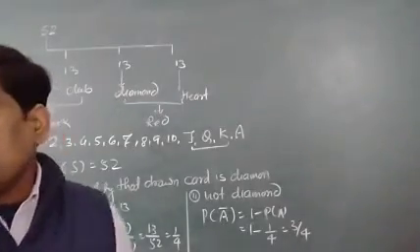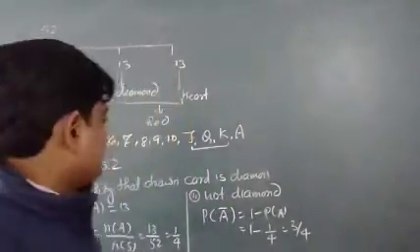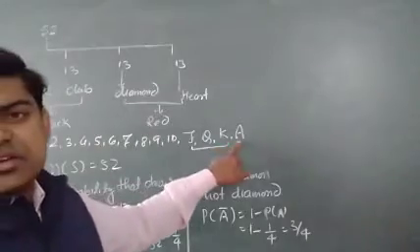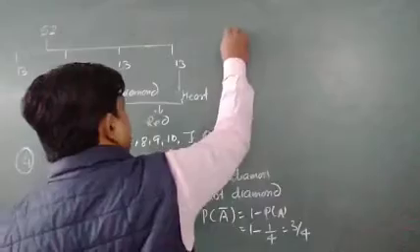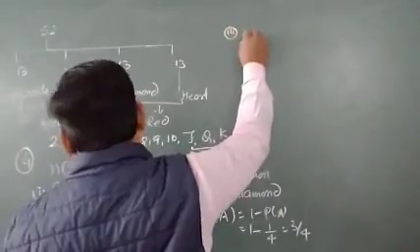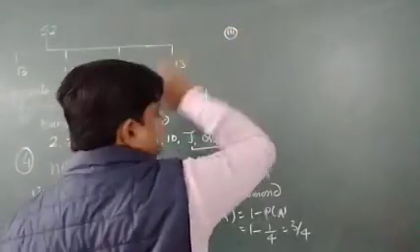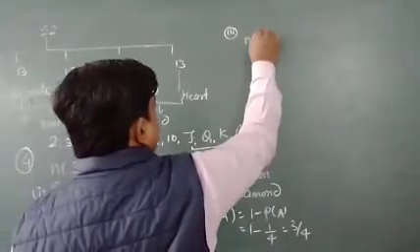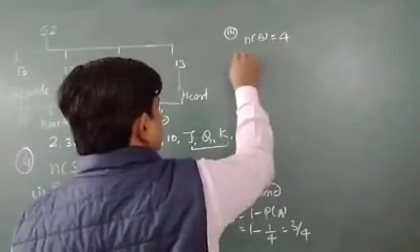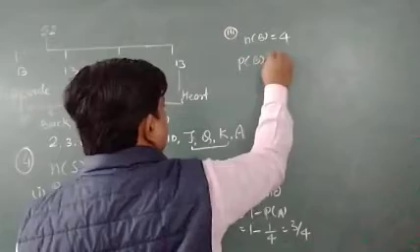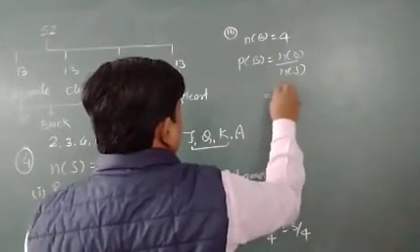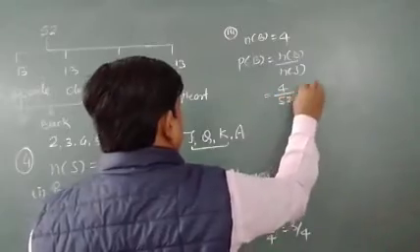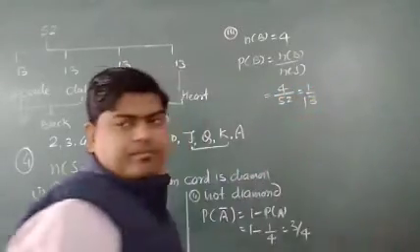Now, the third one is there, an ace. When I wrote there, A is there, right? It is an ace. There are 4 aces in the whole deck. So the third part is there. If I am representing B as the event, that is representing an ace. So number of B is equal to 4. Again, I can write probability of B is equal to number of B upon number of S, that is equal to 4 upon 52. It is equal to 1 upon 13.